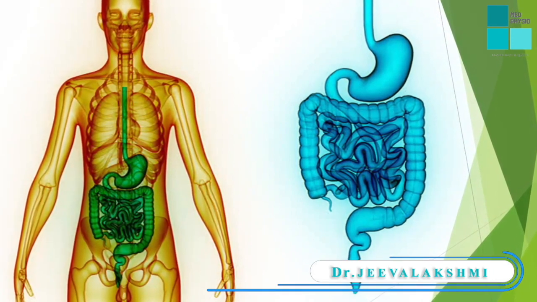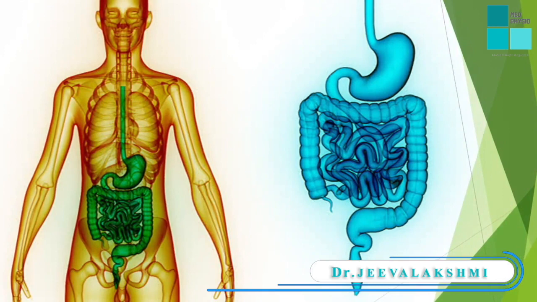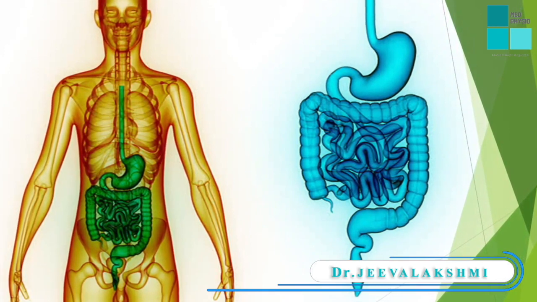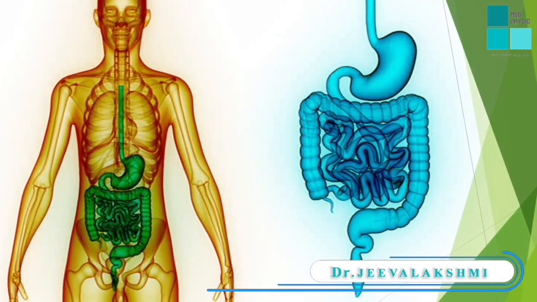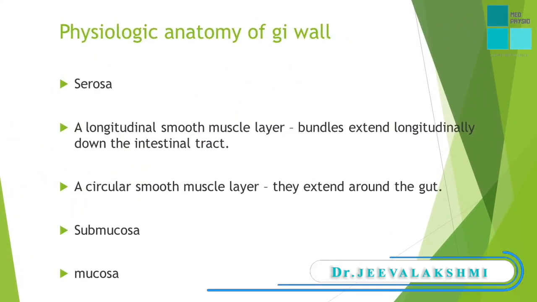The diagram here shows a typical cross-section of the intestinal wall, including the following layers from the outer surface inward. It includes the serosa, a longitudinal smooth muscle layer, a circular smooth muscle layer, the submucosa, and the mucosa. In addition to these muscle layers, a sparse bundle of smooth muscle fibers, that is the mucosal muscle, lies in the deeper layers of the mucosa. The motor functions of the gut are performed by the different layers of smooth muscle.